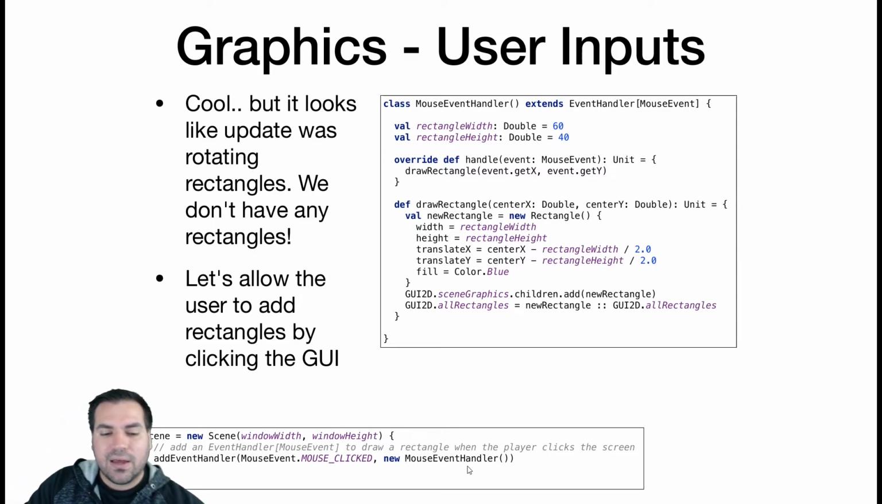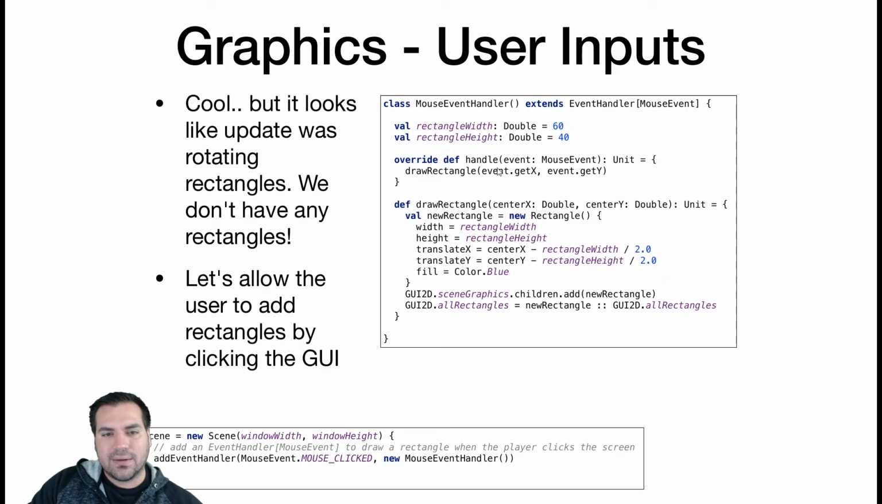And I'm going to give it a handler that's going to handle that event of mouse clicks. And I'm going to create that handler class. Mouse event handler is not part of the library. That's something I defined. Mouse event handler, which is going to extend event handler of mouse event. So this is going to take an event handler of the type of event that I'm listening to. And it's going to give it